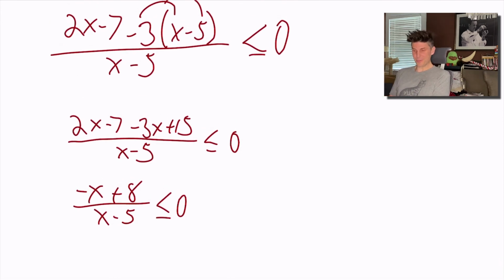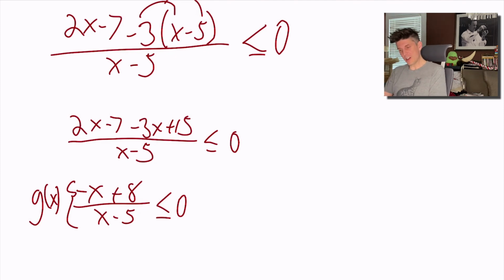Well, we're not done yet, but it looks a lot less intimidating if you know anything about rational functions. If you were to think about this again as a g of x scenario, that left side of the equation, it's the exact same function that we graphed before, just in a more simplified form. Now you can see that it does have a horizontal asymptote at y equals -1 because the degree of the numerator and the denominator are the same. Leading coefficient ratio is our end behavior, or horizontal asymptote. But the trick to doing these is making a number line,